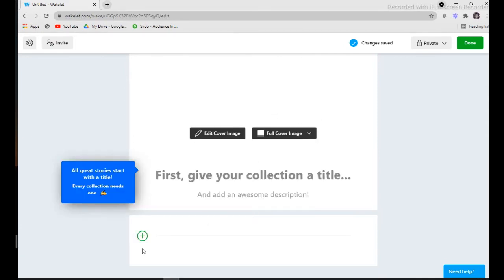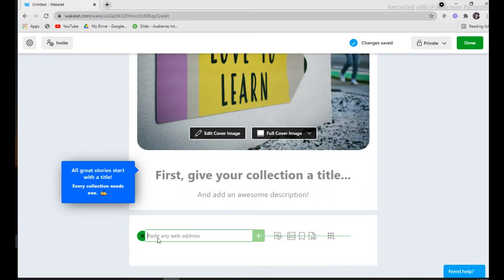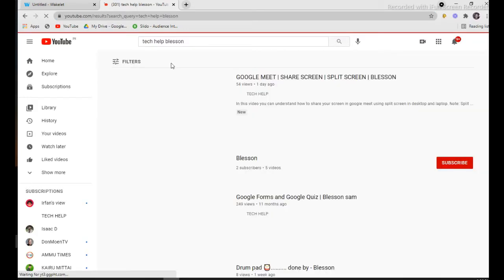Next, I'm going to add a few things to this collection. Maybe you can add any sort of PDF, you can add images, you can add different things. When I click here, it will ask me to paste any web address. For example, if I want to paste a YouTube link, let me search for one from my YouTube channel.